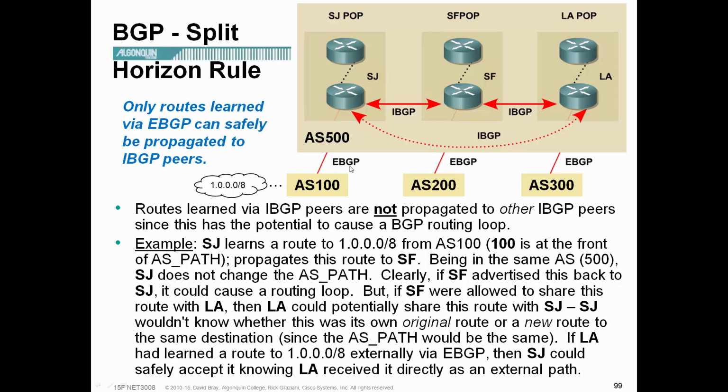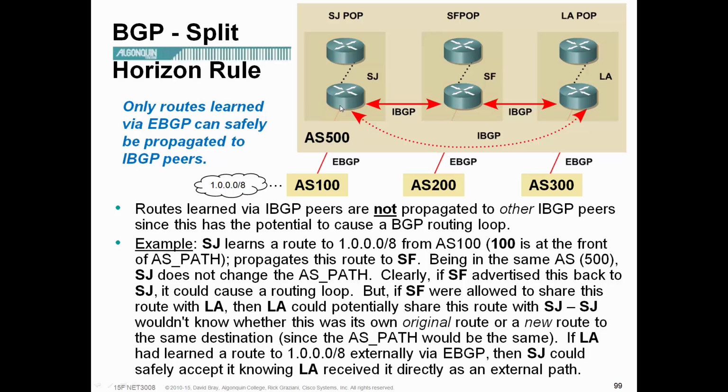So that's an external BGP connection. Similarly, there's a router that's not shown in AS200 externally peered with SF or San Francisco, and there's a router in AS300, not shown, peered with LA or Los Angeles. Off to the left, we're showing that there's a network 1/8 that's known to AS100. It's somewhere down the line. We don't say how far down the line. Maybe more AS hops here, but AS100 has a path to 1/8 that it will advertise through this eBGP